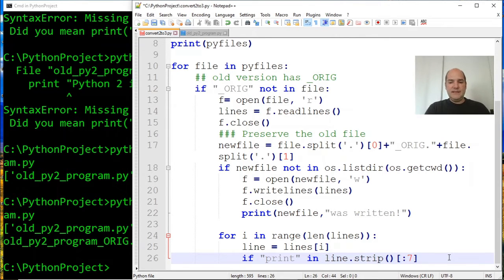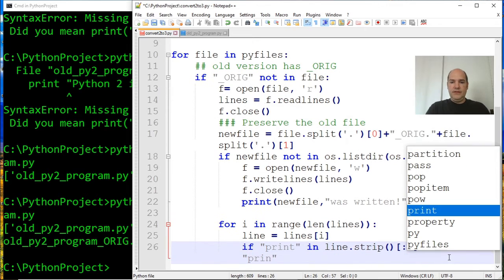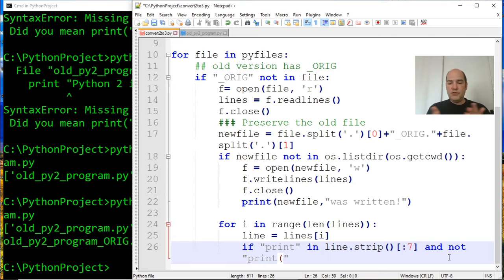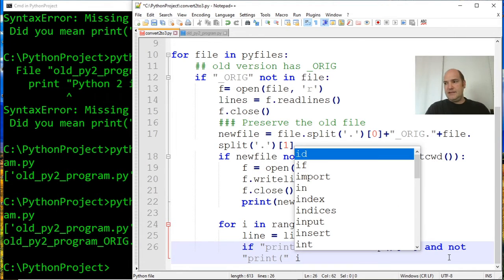So what else do we want? That's good, but we also want to make sure that it's not already written with a parenthesis, right? Print with a parenthesis would also fit this criteria. So we want to say and not print with the parenthesis. But unfortunately, Python will take as input, if you write print and you have 10 spaces and you have a parenthesis, it'll still print whatever falls in those parentheses. So how do we adjust for that? We'll say that print with the parenthesis is in